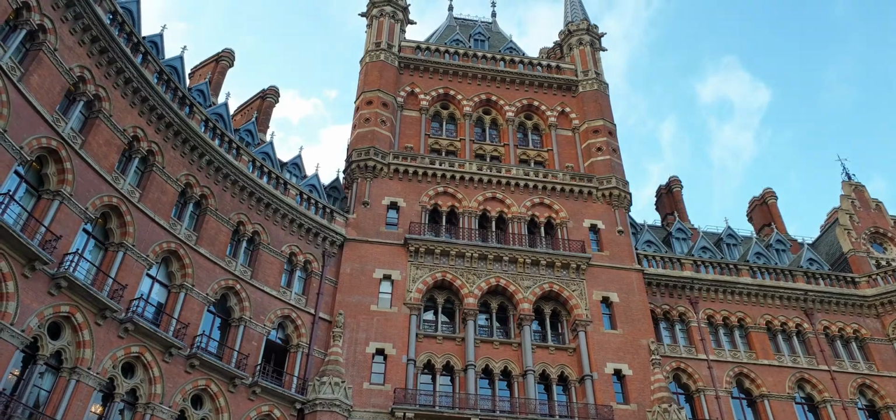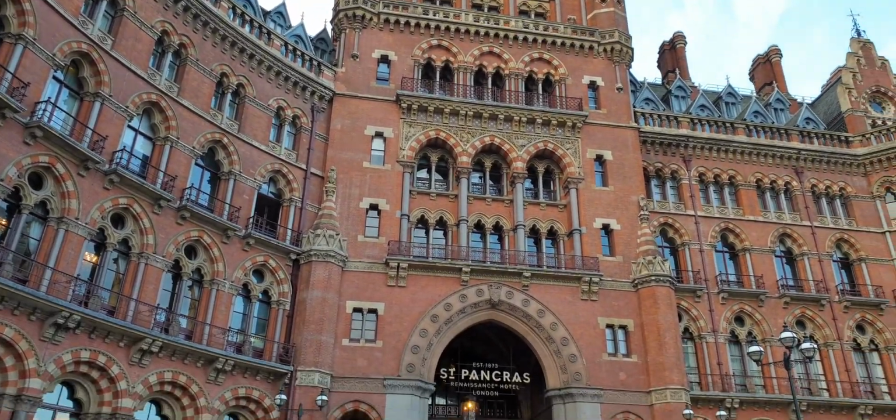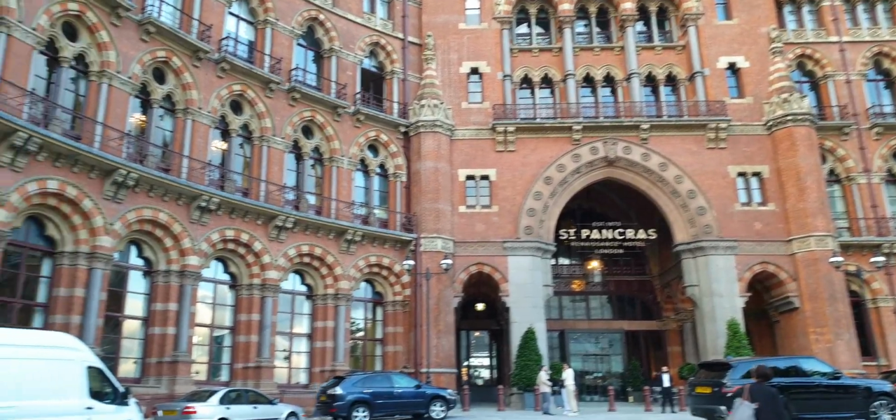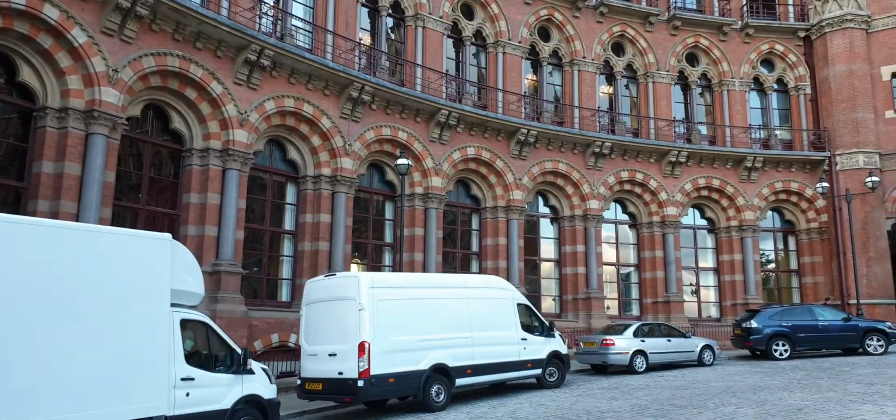And you can see there, right to the top, and it sort of has a curved effect, swinging right around here. And as you can see,